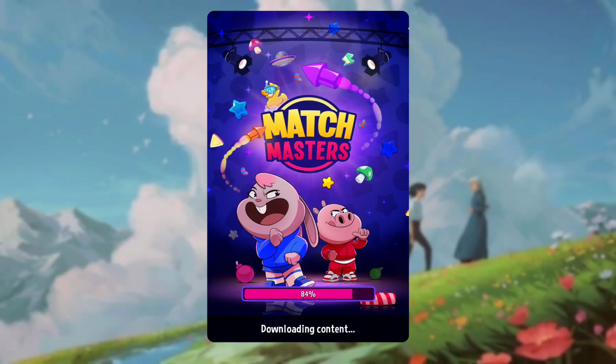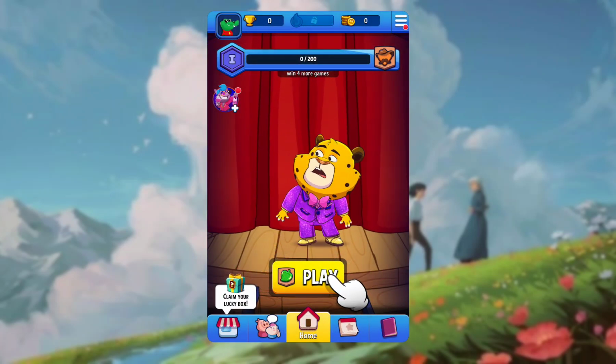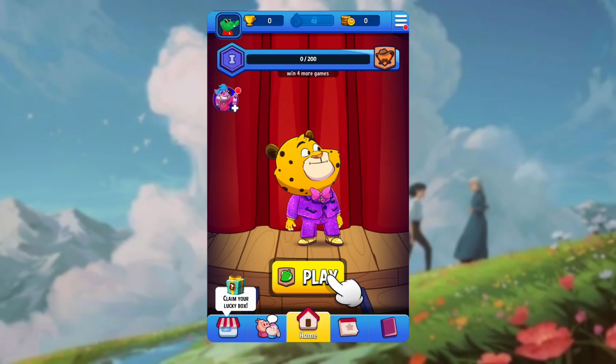So let's jump into it. First of all, open the application on your device. Just wait 5 seconds please. So that's the home screen, and if you want to change your name in the game, just click to the